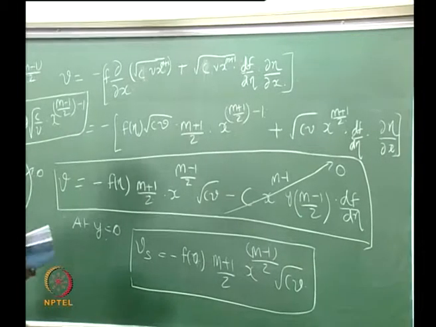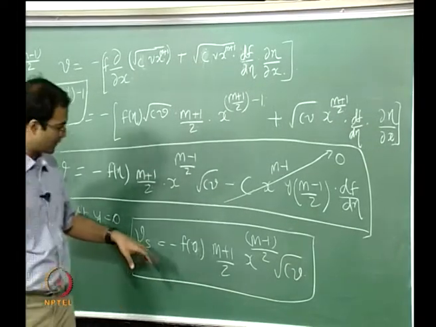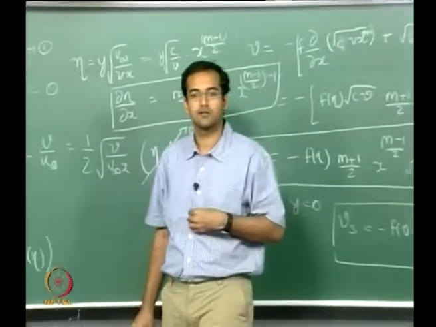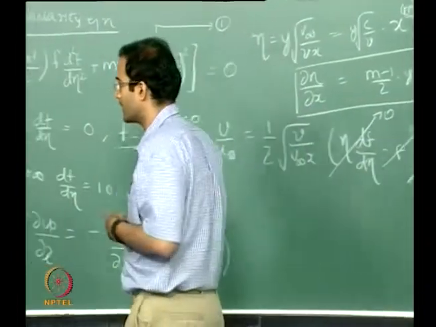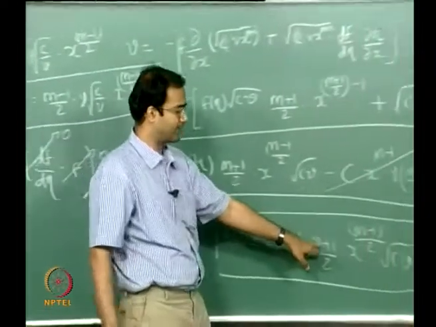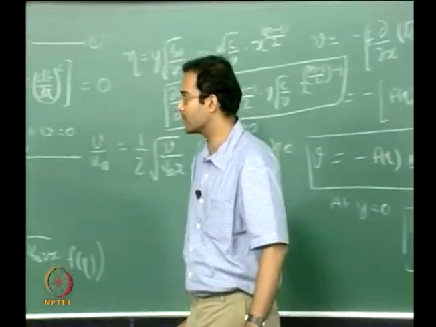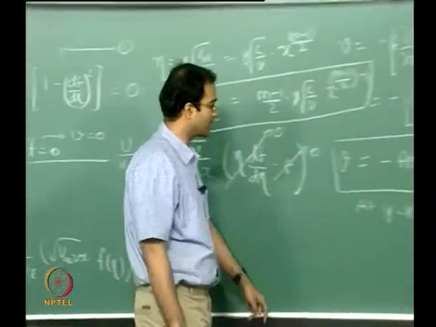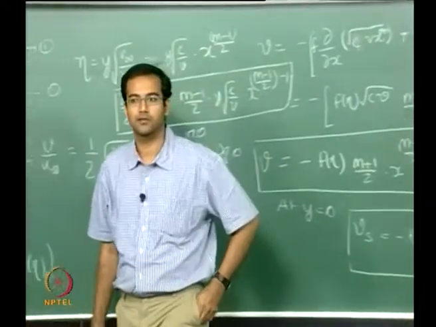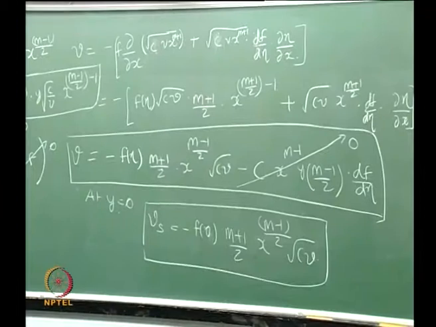Now what can you say about the variation of the transpiration velocity with respect to x? Now the transpiration velocity need not be a constant, okay. So you see from here it says that it can vary with x, okay, but to find a similarity solution, this particular boundary condition gives us a constraint for the variation of Vs. So can you guess what should be the variation of Vs, how it should vary?